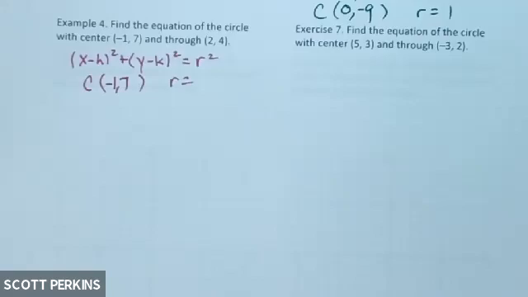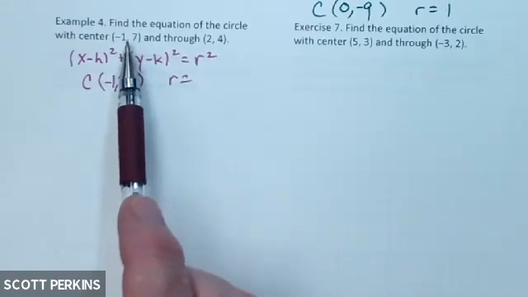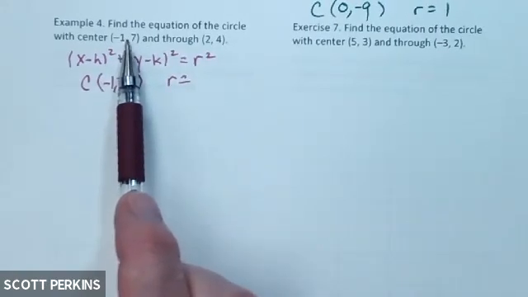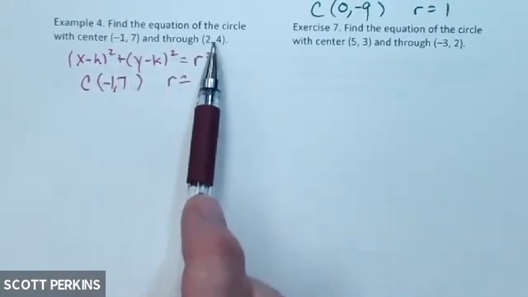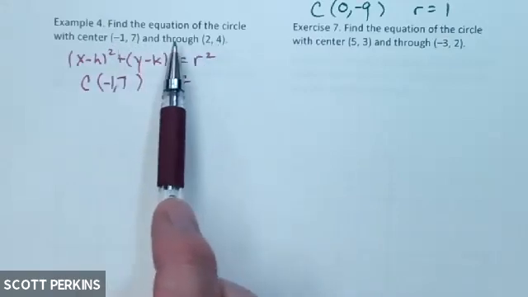Well, the answer to that question is yes, I am. Otherwise, why would we be doing the problem? The definition of the radius is the distance between the center and a point on the edge of the circle, 2, 4. So in order to find the radius,